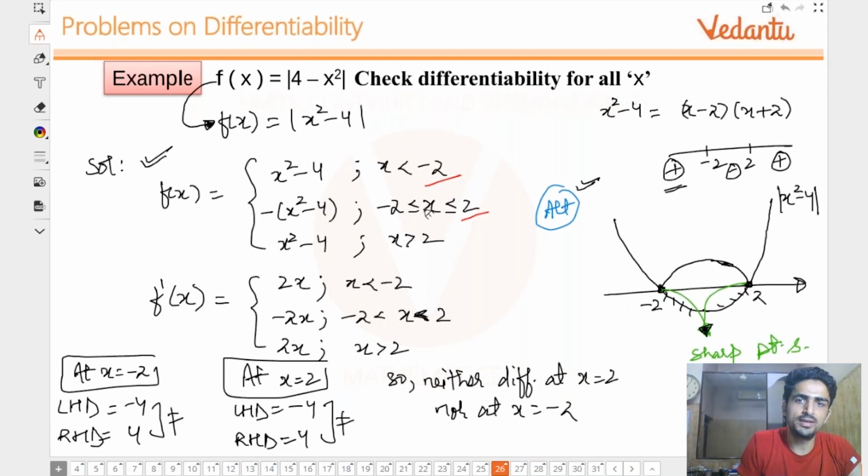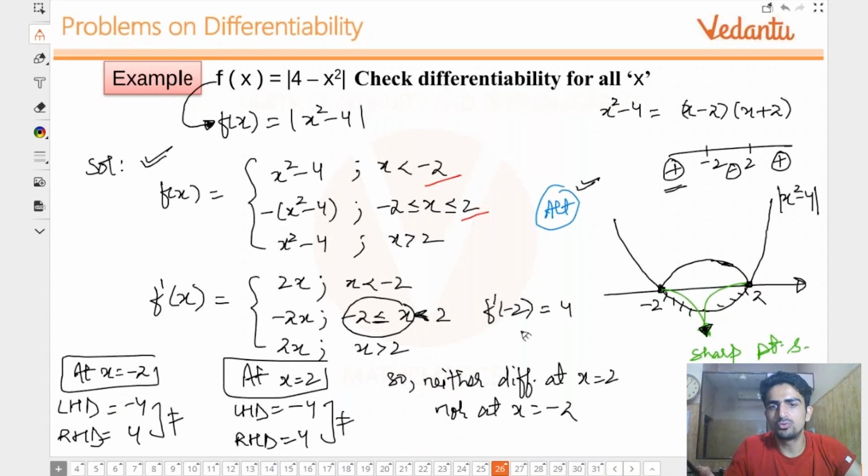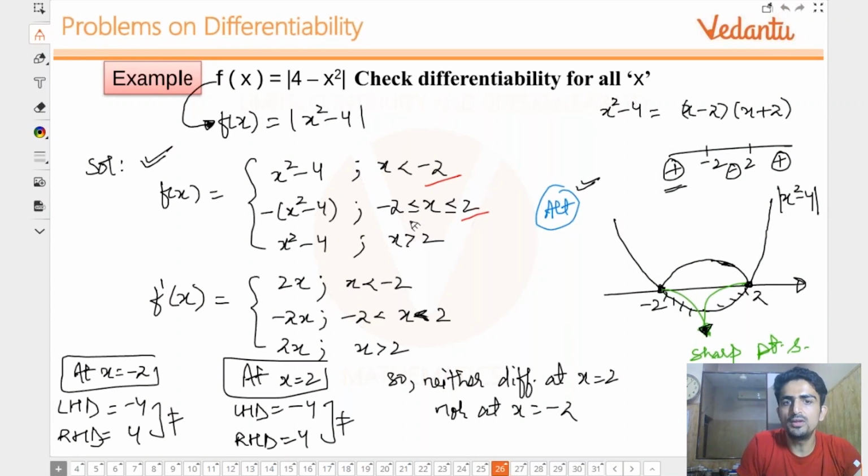Yes, Jan, we remove this equality when we differentiate straight away, because if we keep it like this, it means that f dash at -2 will be found from here, because for x equal to -2, this is f dash. It comes out to be 4. So f dash at -2 is 4. But it is not that. We just do not know the value at -2. We know that derivative